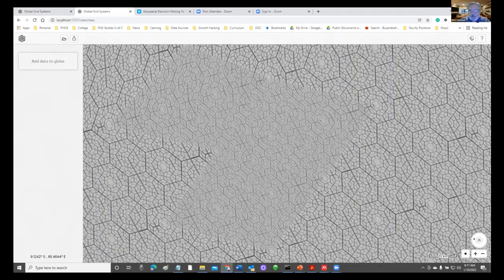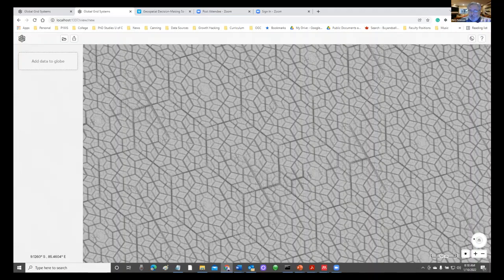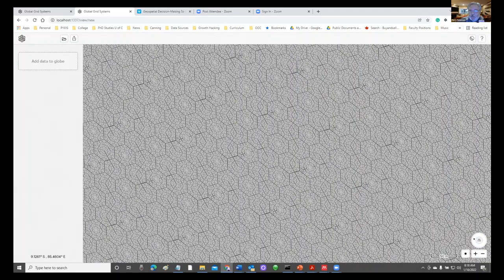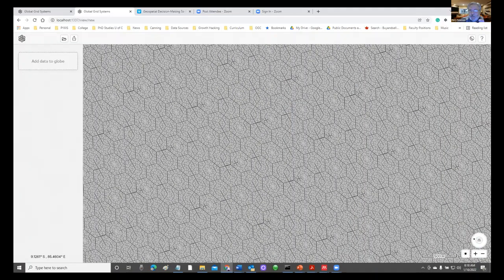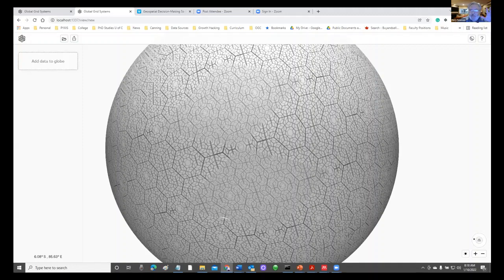So if I zoom right down to where this is kind of topped off here, we're looking at cells now on the surface of the Earth about 2 millimeters apart. So we could be mapping localized data. I think David's going to show some of that. Be looking at regionalized data, and we can be looking at global data all at the same time, and we can be querying that data. I like to think of it as where GIS is really good at breaking information up into layers or themes of data. As Marta pointed out, discrete global grids are really good at bringing all that data back together again.